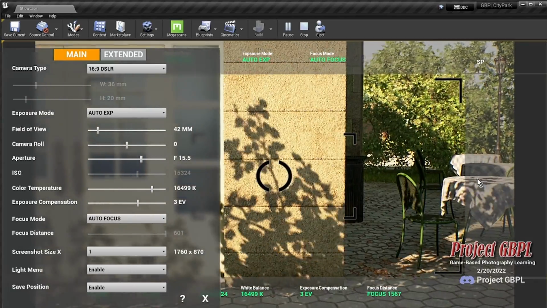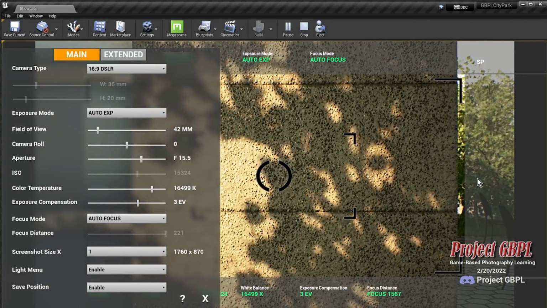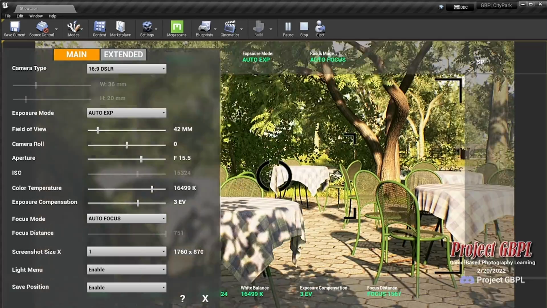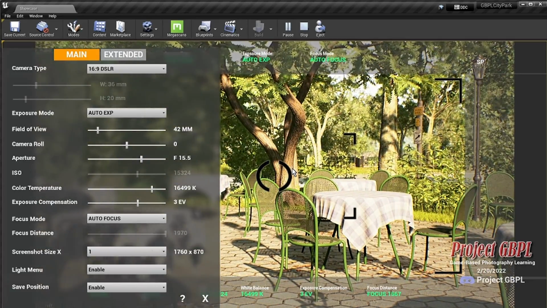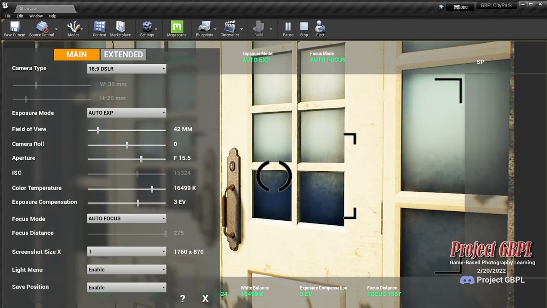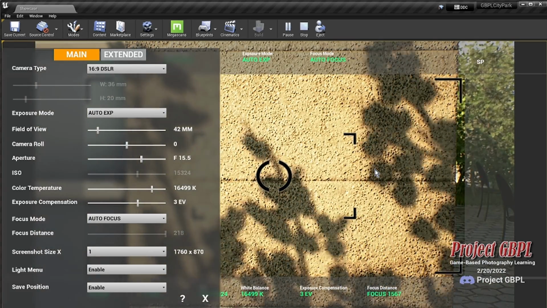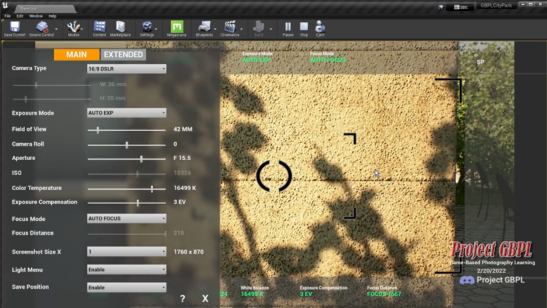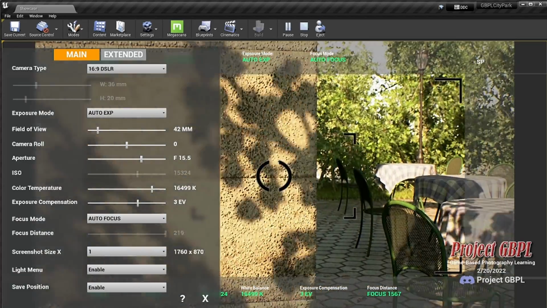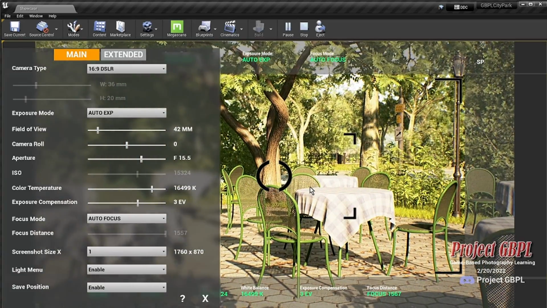Let's try an experiment. Let's get up on this wall here. All right, good. We got some shadows and whatnot. Is that in focus? Yeah, it looks like it is. All right, now I come over here. Is this tree in focus? It is. So the autofocus is actually very responsive and doing a very good job. That would be comparable to a real world camera. The difference perhaps is that this autofocusing is happening very quickly with no apparent